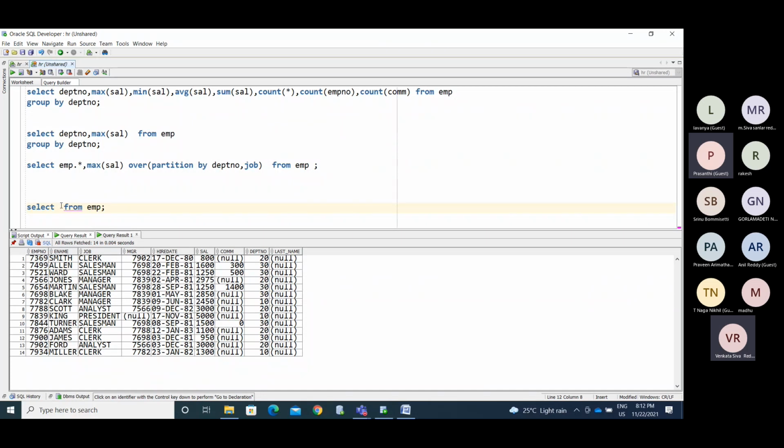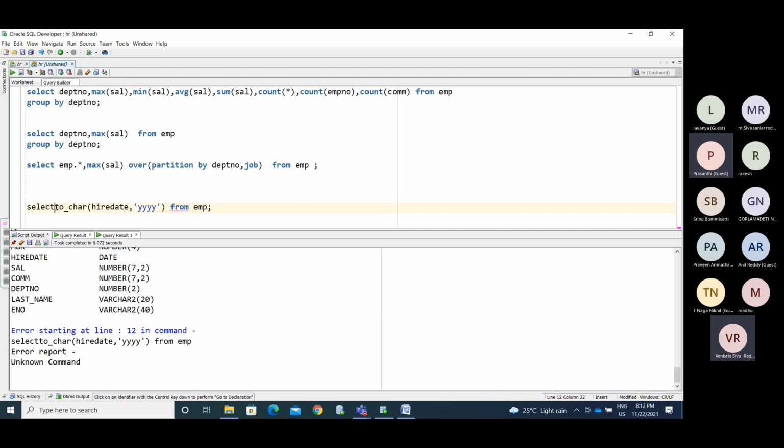Okay, now I need to use underscore year of the hire date. Okay, what we have is year. Now we get the data.